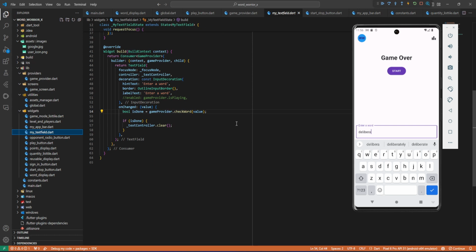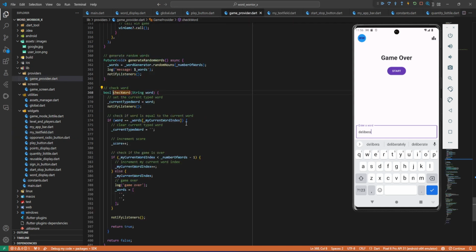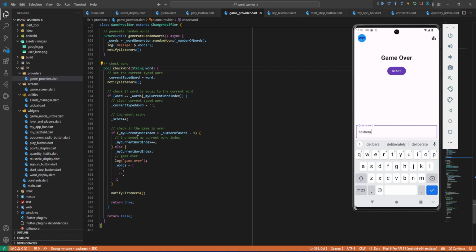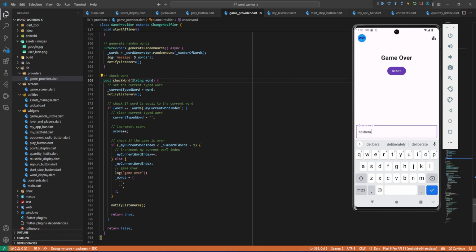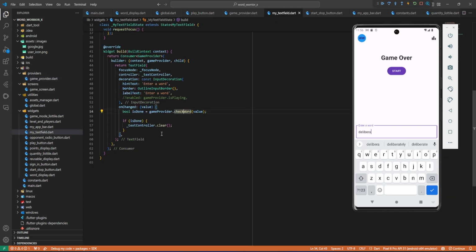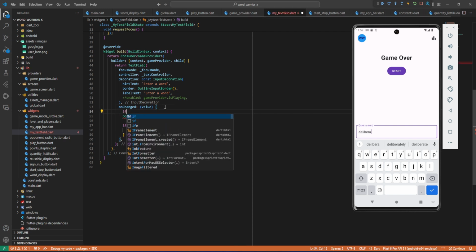Okay, why did I get an error? Because you know that every time we write a word, it runs this check method, but it did not find anything here because the game was cleared. So all we have to do is to go back in this method and only run this method if the game is playing. Okay, so here we're going to check if